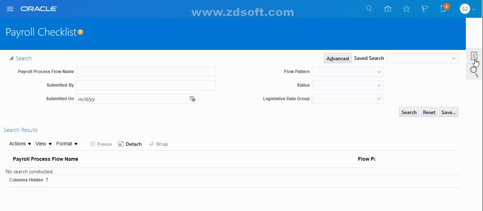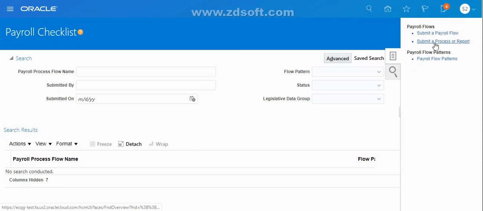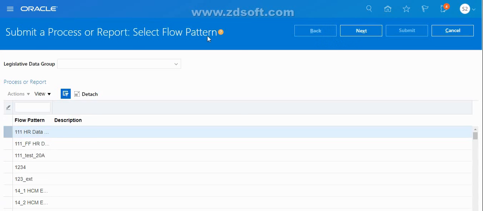In order to get access to this area, you should have the payroll administrator or payroll manager role.